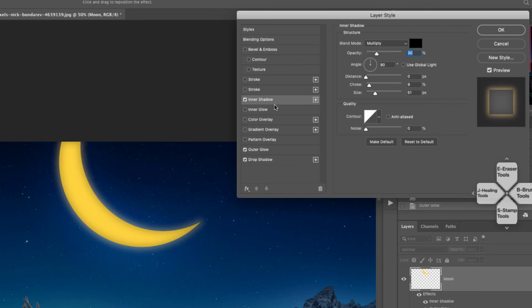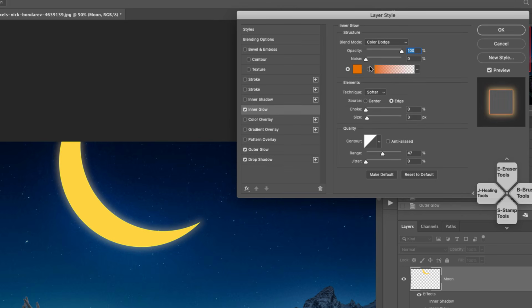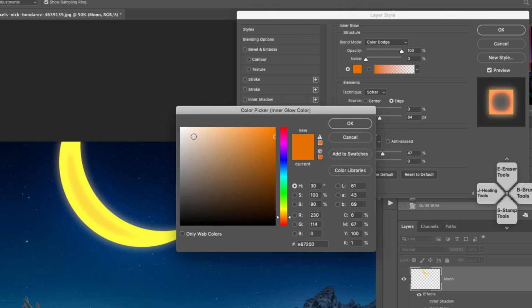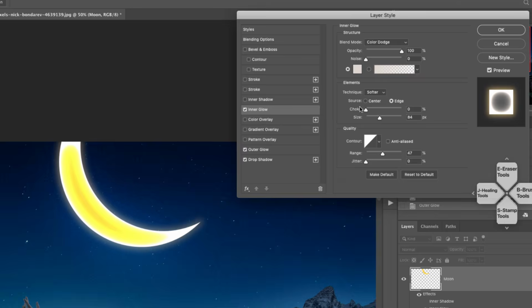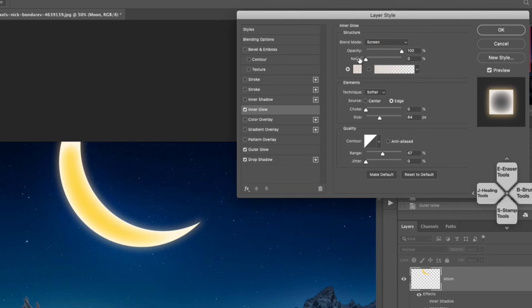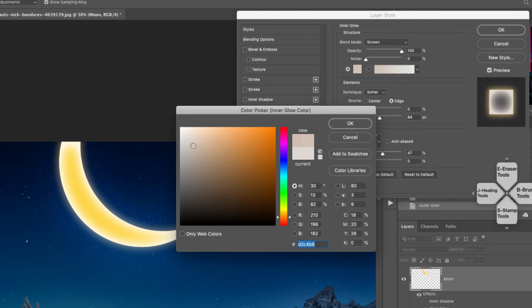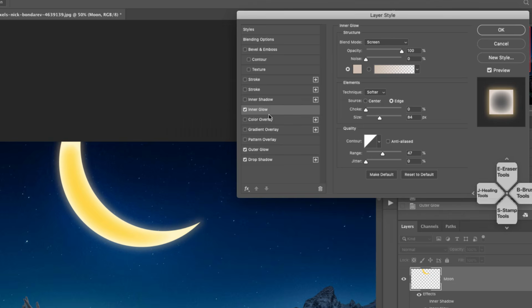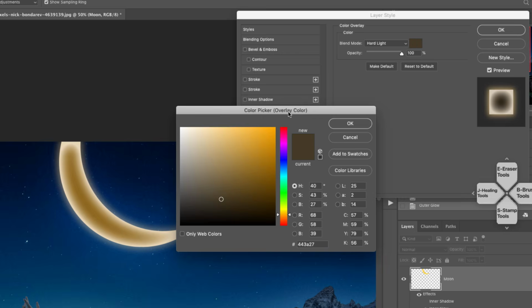Next, I added also an inner shadow, or you can actually use inner glow. It's almost the same. And I will increase the size of this because this is going to turn my moon into almost white, and I will use an almost white color, and I'm going to use the screen blend mode. Okay, now the moon itself, it's too yellow, I think, so I'm gonna have to probably use the color overlay as well. Yeah, and use something like